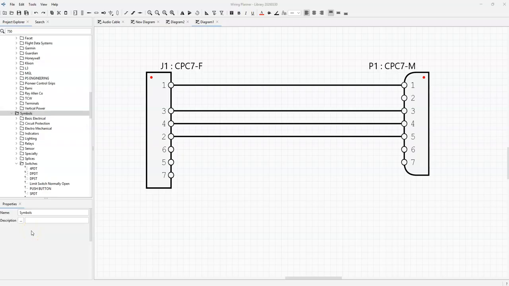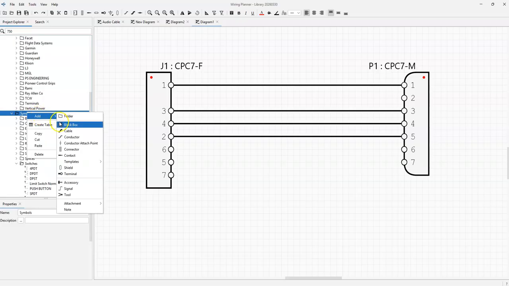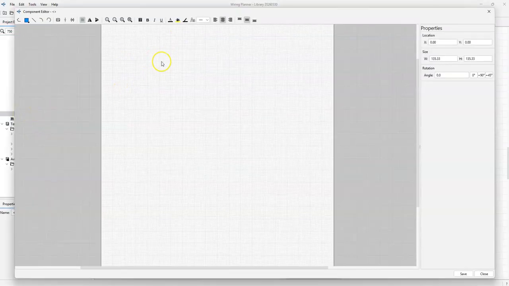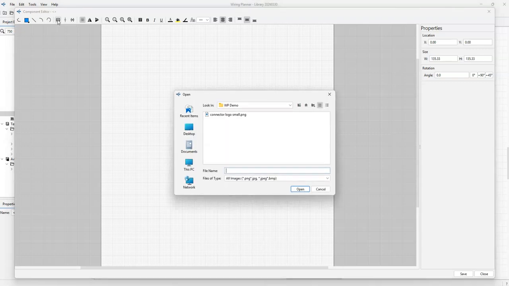Wiring Planner 2.0 now makes it possible to add an image to a graphical symbol. If I right-click my Symbols folder and select Add Templates Graphical Symbol, and then double-click that new graphical symbol, I open the component editor. And now in the component editor, there's this icon which is Add Image. If I click it,